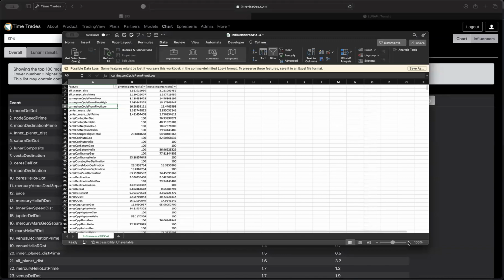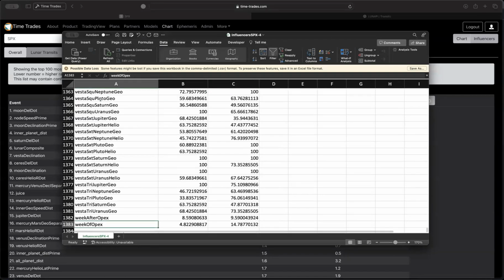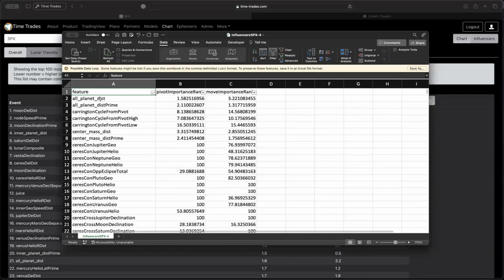And I'm going to zoom in here so it's a bit more legible, but this is kind of what you see. You see a list of all the features, and you see the importance ranking for pivots, the importance ranking for moves, and you can see how many features there are. There's over 1,300. Now, the question is, okay, so out of all of the Mercury conjunctions, how do we find out which ones are important? All right, so you can use the